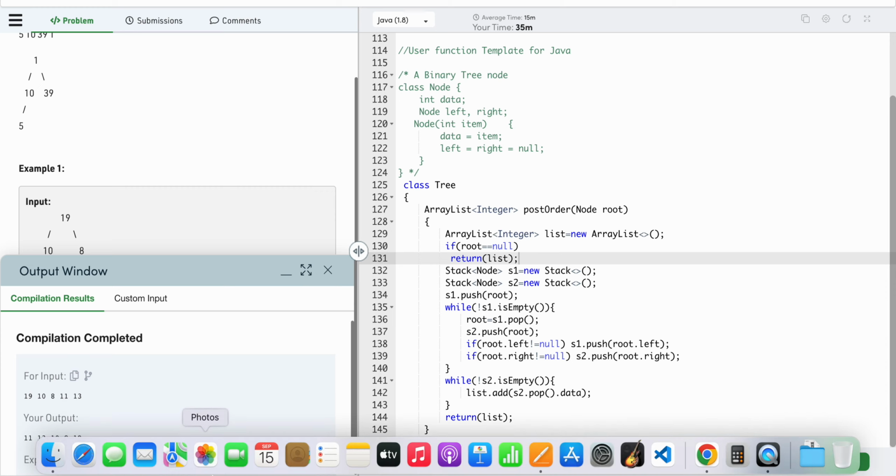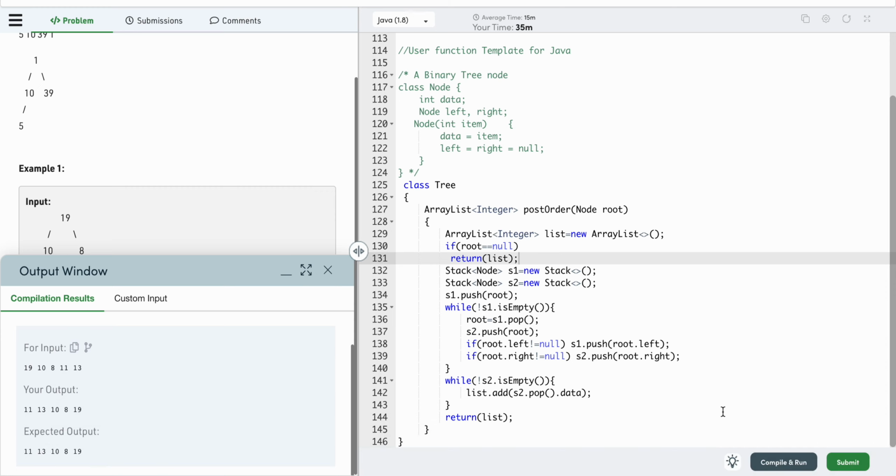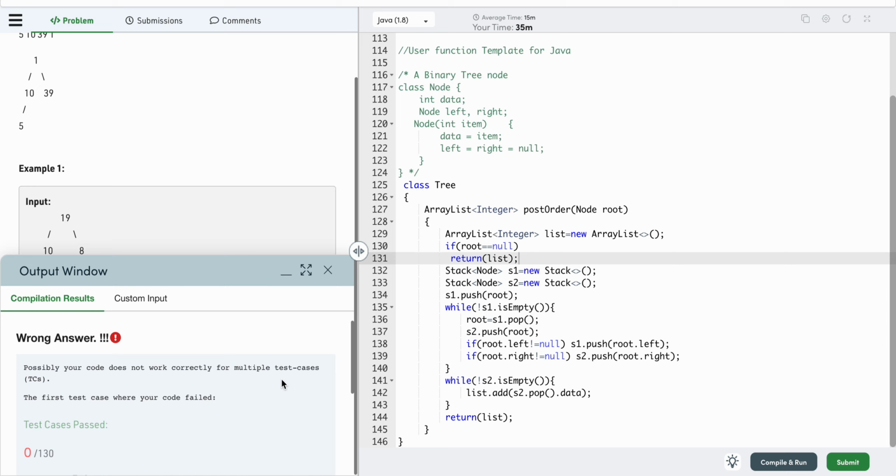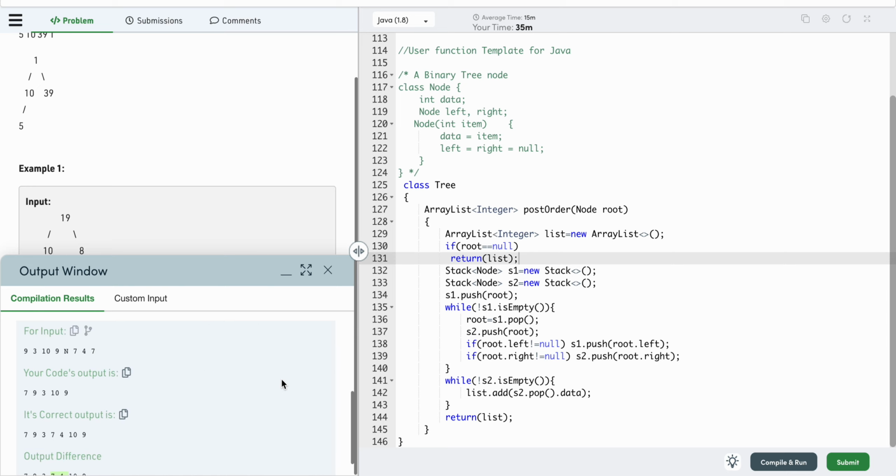Okay, checking for all other test cases. Why is it not